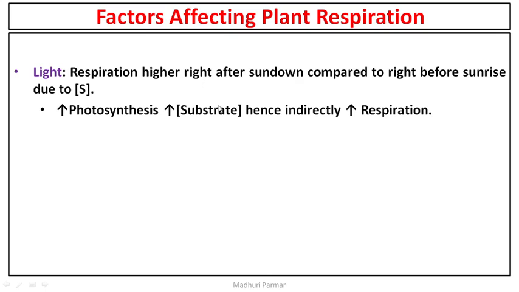And if you have a lot of glucose, then indirectly your respiration will also be high. So if there is high photosynthesis, there is higher concentration of substrate or glucose, and hence there is indirectly high rate of respiration. After sundown, that is after sunset, there is higher rate of respiration